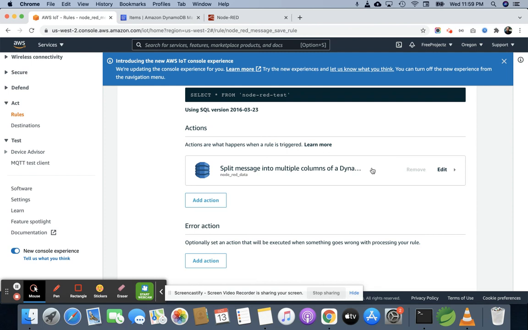So all data will be routed through this SQL query, and all the data will be saved inside the DynamoDB. So this is the full flow. For doing this practical, you must have the knowledge of Node-RED and how to connect MQTT through Node-RED and AWS IoT Core. You will get these in my previous video.